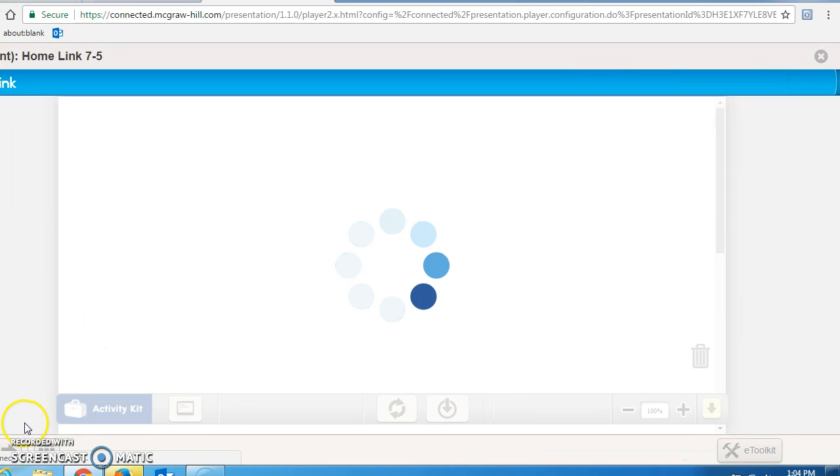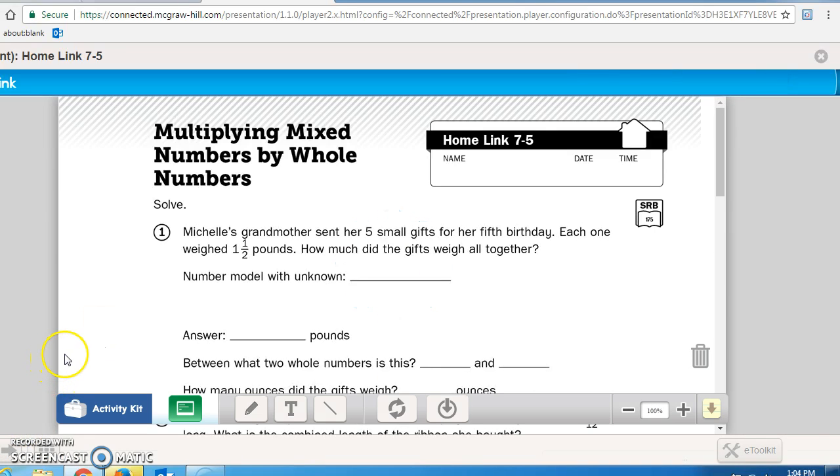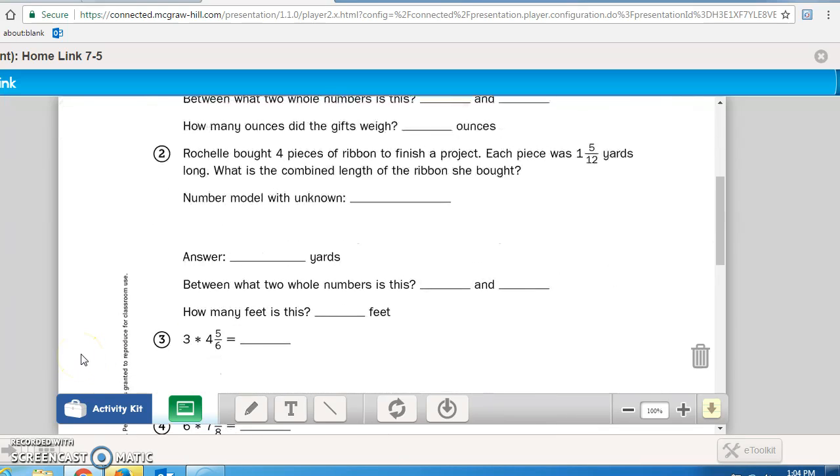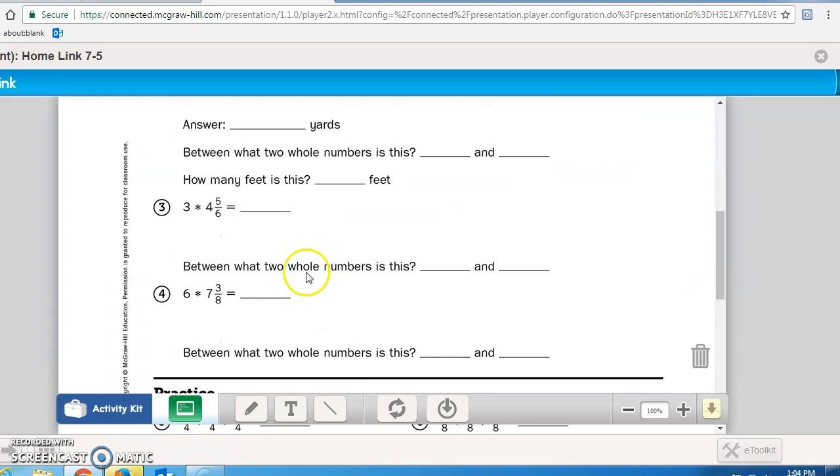Again, math problem 2 for your Math Masters, page 271 says, Rochelle bought 4 pieces of ribbon to finish a project. Each piece was 1 5/12 yards long. What is the combined length of the ribbon she bought? So you need this number and 4 of it. Your answer in yards, between what 2 whole numbers is this? And then how many feet is this? Number 3 has you multiplying a whole number by a mixed number. Again, between what 2 whole numbers is this? And the same